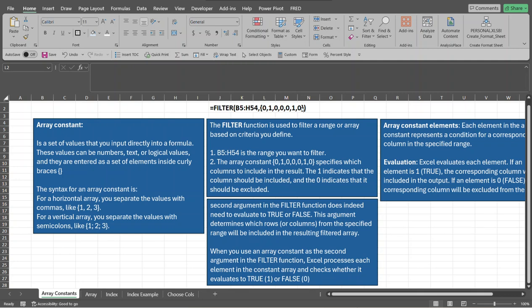into your range. Now for a vertical range, if you want the results to spill vertically, then you would separate these elements within these curly braces with semicolons. In our example, you'll see we're going to be using a horizontal array. Now the FILTER function is